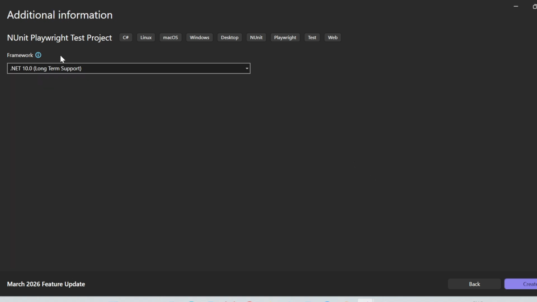And here you can see .NET 10.0. The same version we saw when we used PowerShell. From here also, if we open Visual Studio, we can see the same. We need to select it, and after clicking on create, it will create a Playwright demo project. I'm not going to create it since I already installed and created, and I